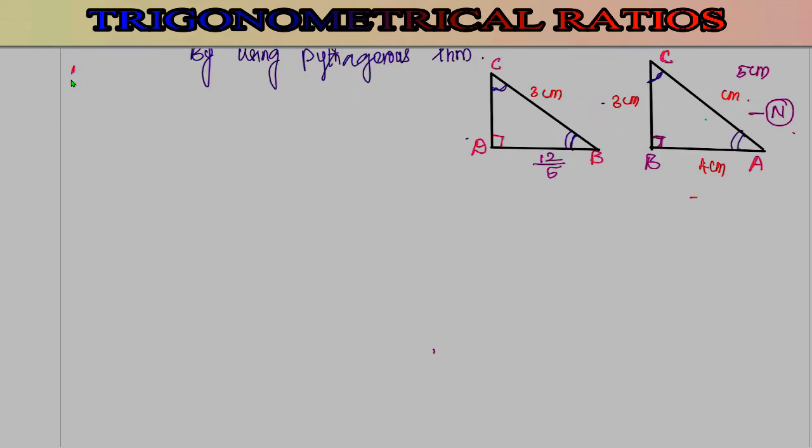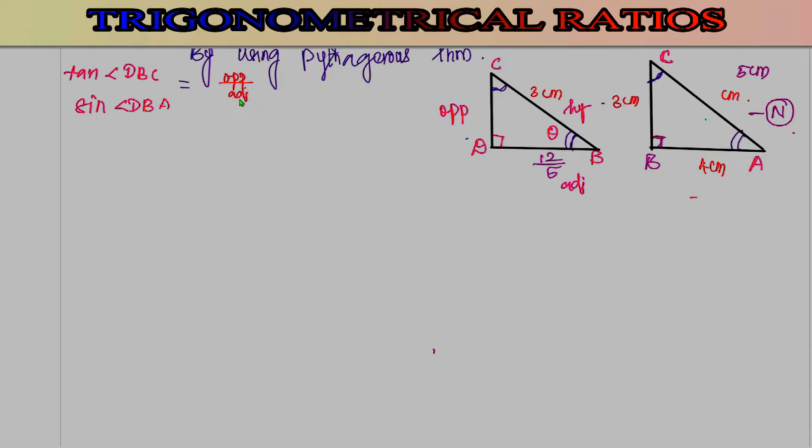Actually, in the question, what we need to find? We need to find tan angle DBC, and as well as the second sub question, sine angle DBA. Okay, this is DBC. In DBC we need to find tan. So here angle B is the angle of reference. So opposite to this angle, this is the opposite side, and opposite to the right angle, this is the hypotenuse side, and this is the adjacent side. So to find tan, the formula is opposite divided by adjacent.